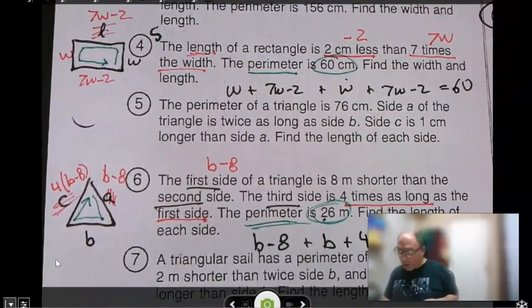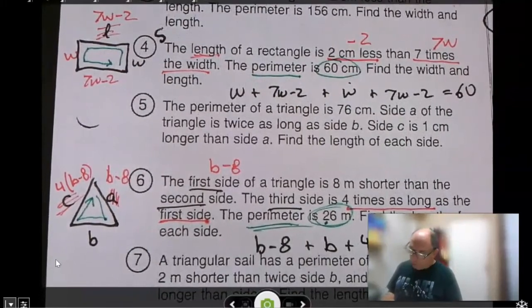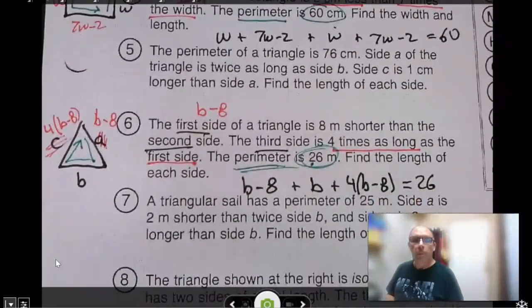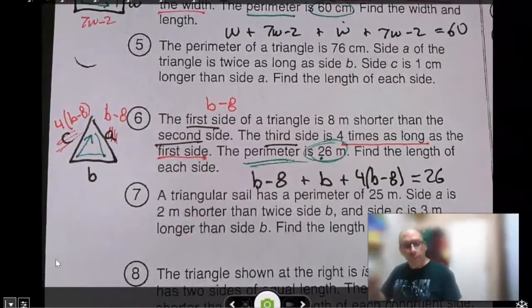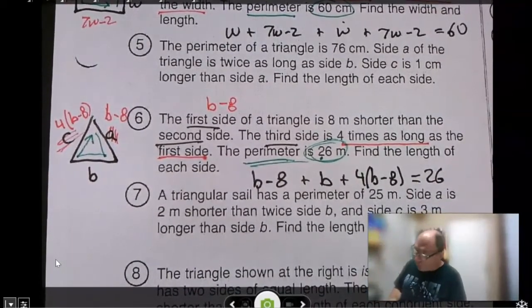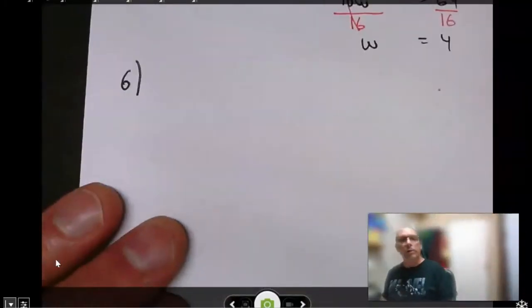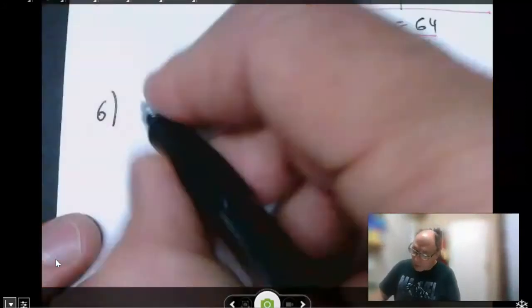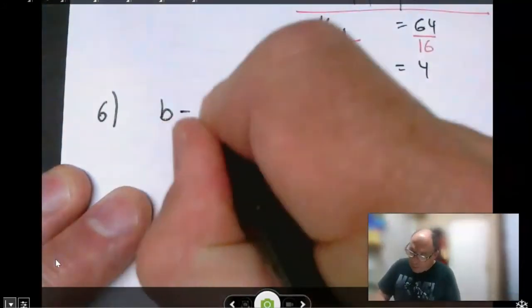So now let's flip our paper over and do problem 6. And let me get it here so you can see it. I'll let you finish copying that. You can also rewatch the video on Google Classroom, or the sub can pause the video for you if you need to. So problem 6, we have B minus 8